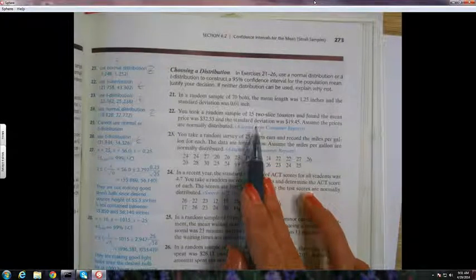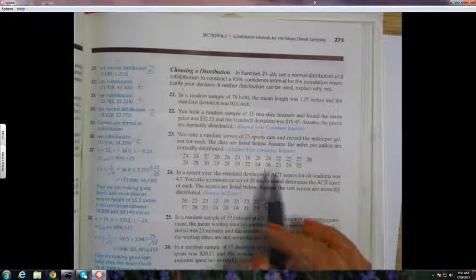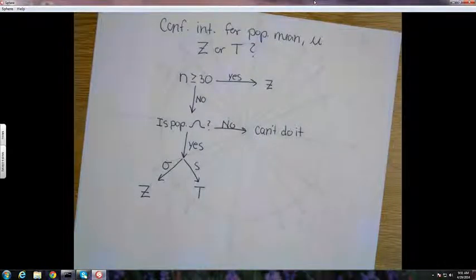If they give you the mean and standard deviation, but it doesn't say that it's normally distributed, do you still assume it's normally distributed because it gave you a mean and a standard deviation? Nope. Nope. Okay. How could they give you a standard deviation? From a sample. If I took a sample of 5 things, I could find the mean and standard deviation of it. Doesn't mean it comes from a normal anything.